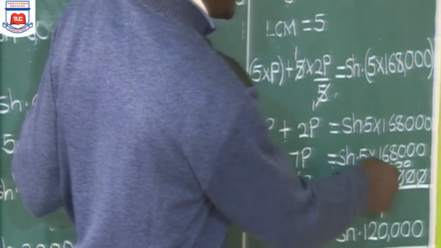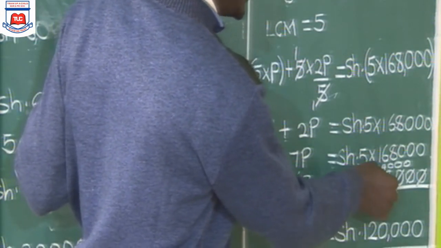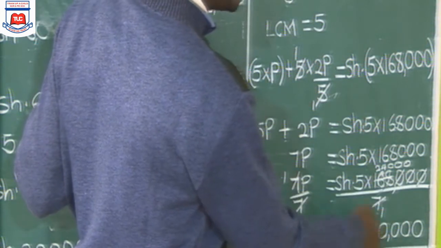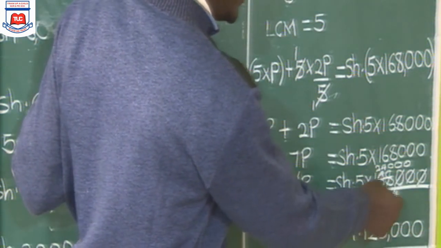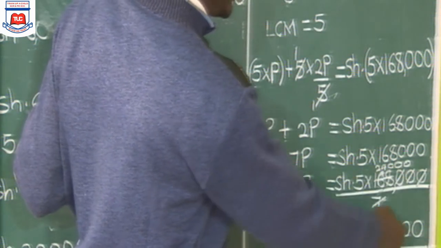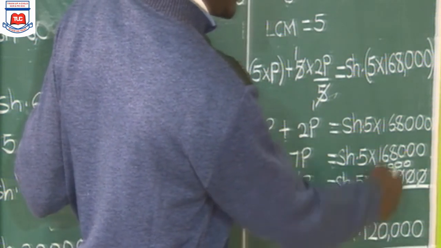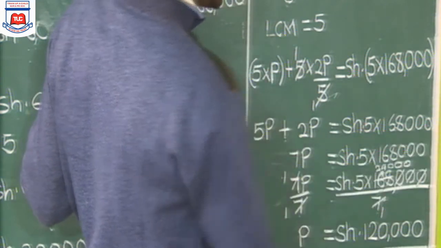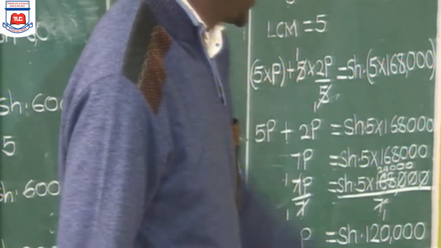We say 7 once, 16 divided by 7 is 2, remainder 2. It makes 28 with the next digit, 8. Now 28 divided by 7, you get 4. Then the zeros are very easy. 0 divided by 7, you get 0. So are the other 2 zeros, extended up here to get